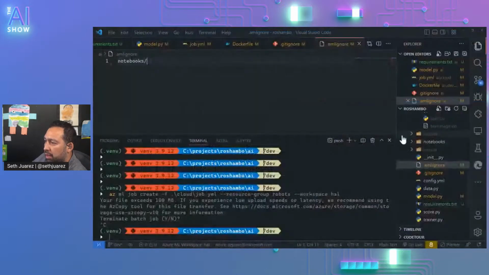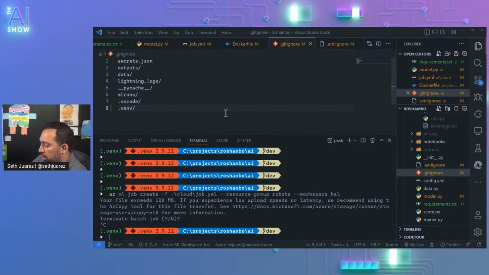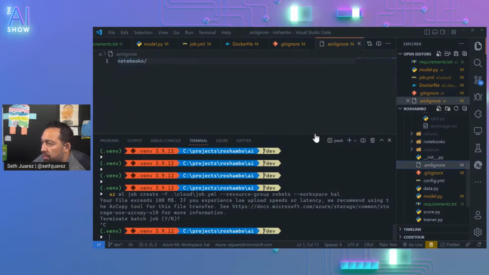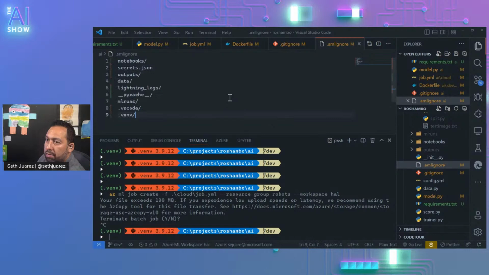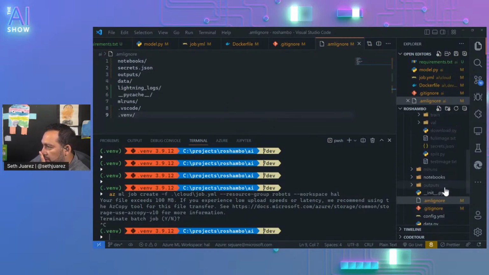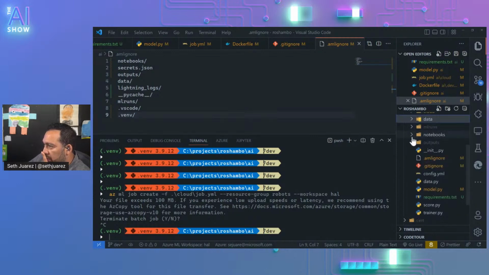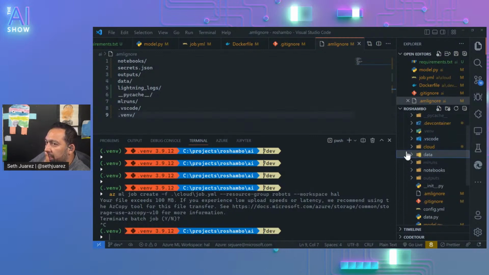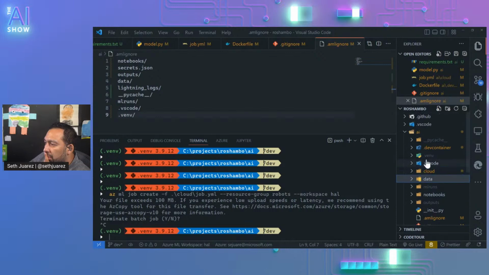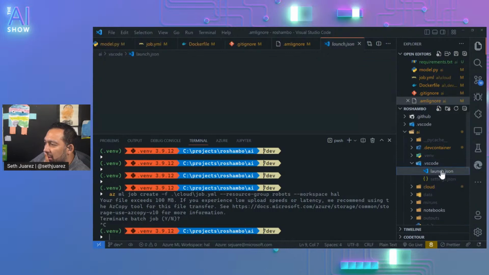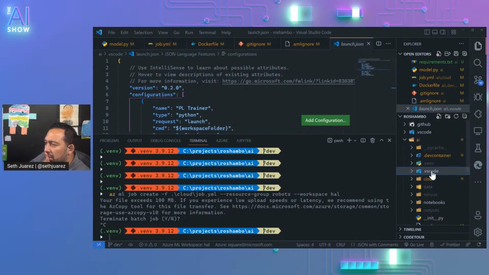Okay. Let's just have both. We'll Control A here. We'll Control V here. Because what this will do is remove the notebooks. Why is this VS Code in here?